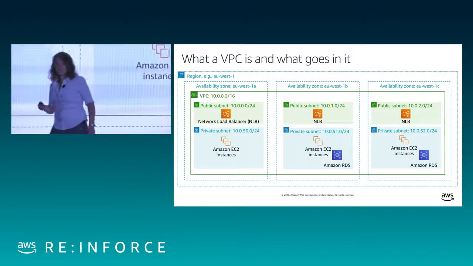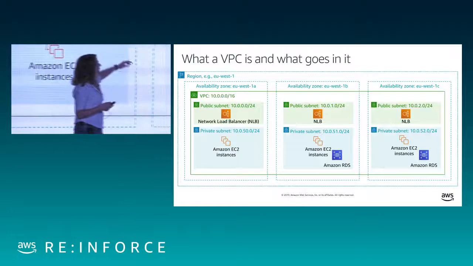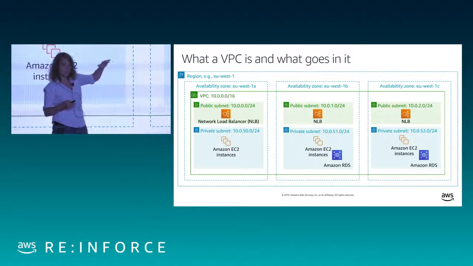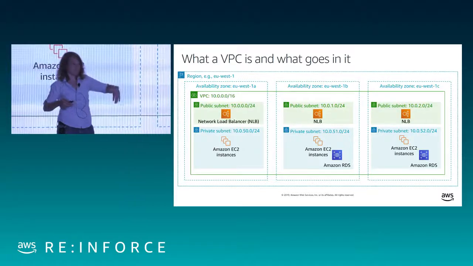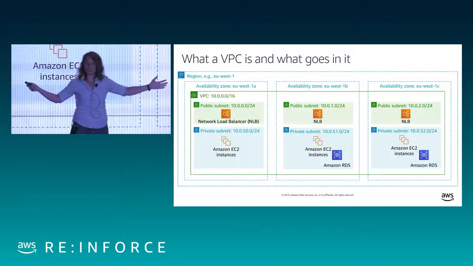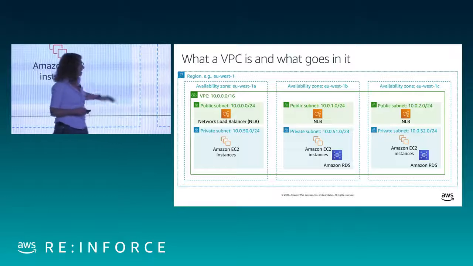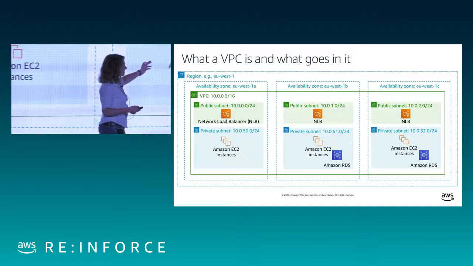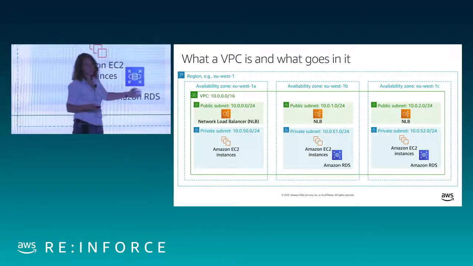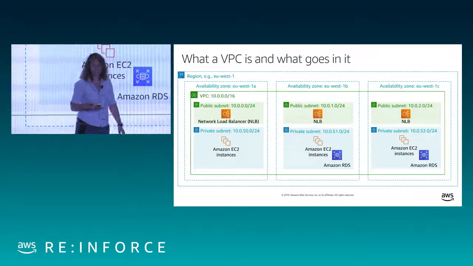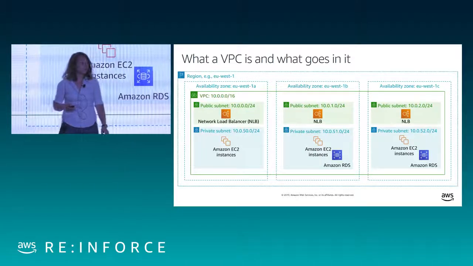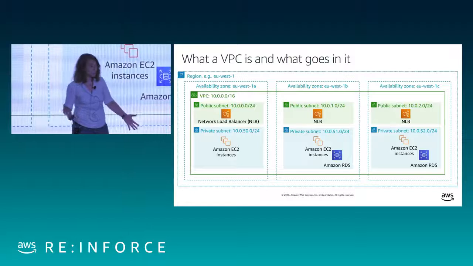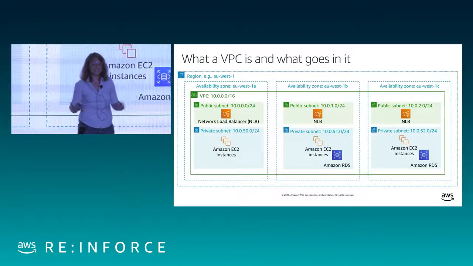And I'll tell you what I'm showing you over here. I'm showing you a service that has a network load balancer, a layer 4 load balancer, that's publicly accessible because I'm going to have my customers out on the internet calling my service, and they get load balanced to my application running on EC2 instances. To serve requests, these EC2 instances query a database, also in my network. That's what you're seeing here. Okay, so that's what goes in a VPC. All this stuff is my infrastructure, so it goes in my VPC. It has IP address ranges in my VPC.